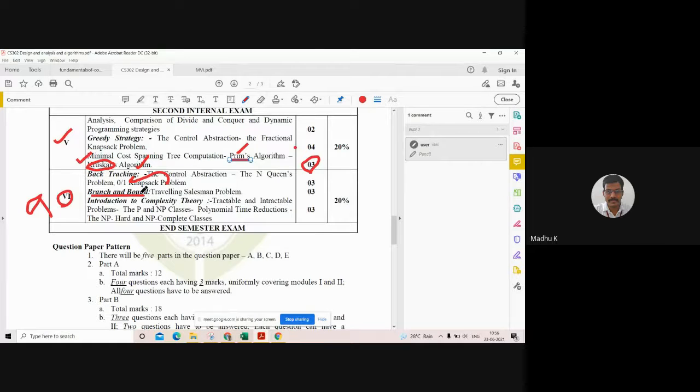Then in the next section we will study the branch and bound approach. This is another problem solving strategy. We will use it to solve the TSP problem. We will study how to solve TSP using the branch and bound approach. Then this is the first part of module 6. And in module 6, the second part is not related to any approaches. It is related to